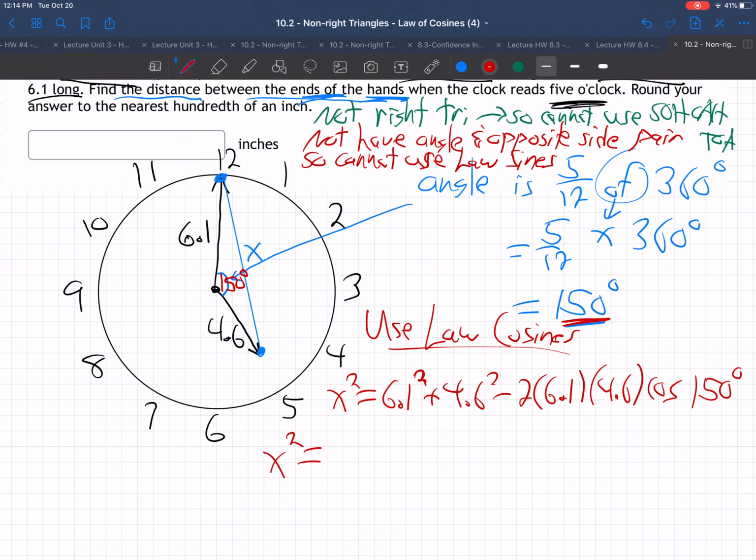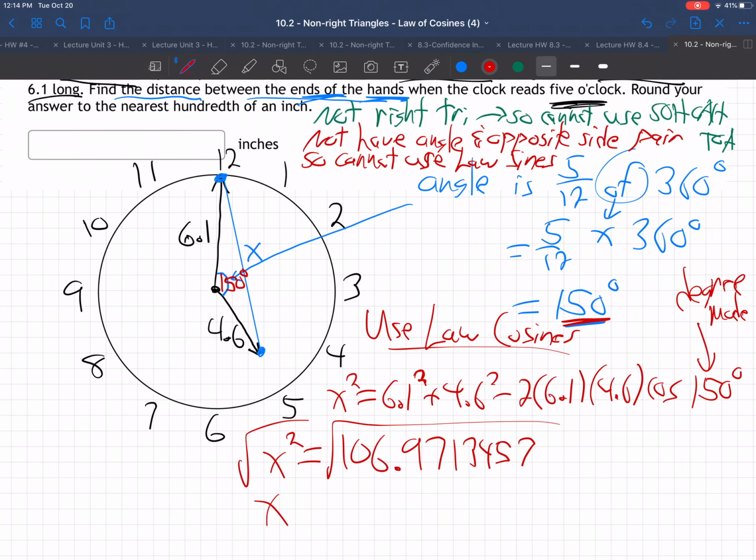All right, so really I'm just going to hit the buttons on my calculator for all that. Make sure you're in degree mode, because that's degrees, not radians. I'm getting x squared is 106.9713457, but then you've got to root it. So I'm going to hit second, square root of the answer, because that was x squared. So x equals